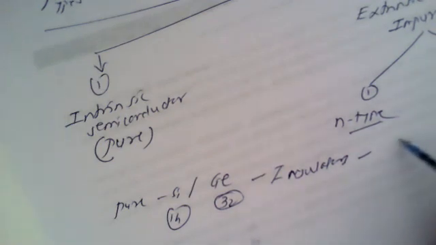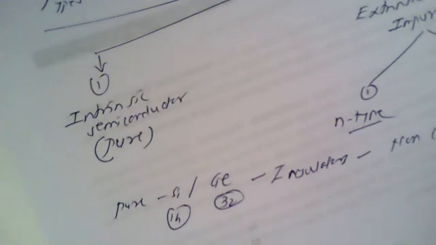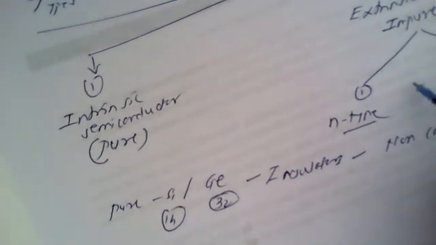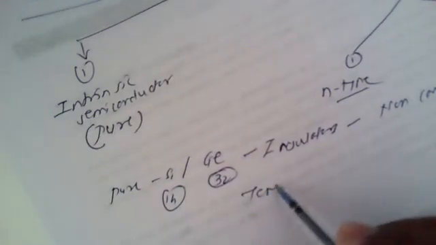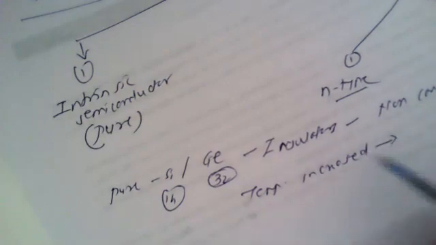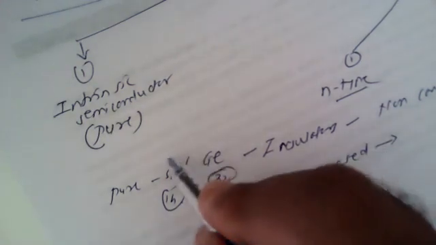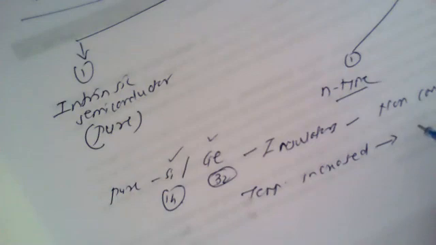So at low temperature, these pure crystals act as insulators, or what we call non-conductors of heat and electricity. But as the temperature is increased on either silicon or germanium, then the